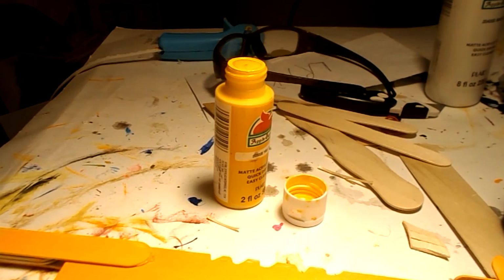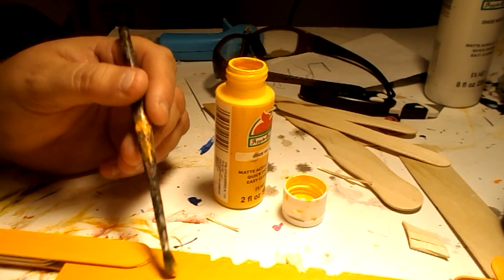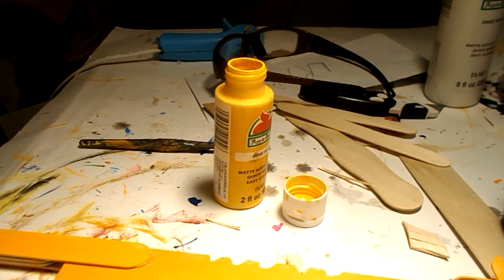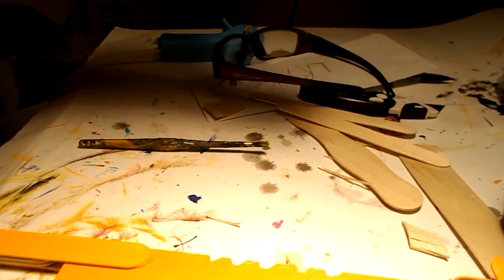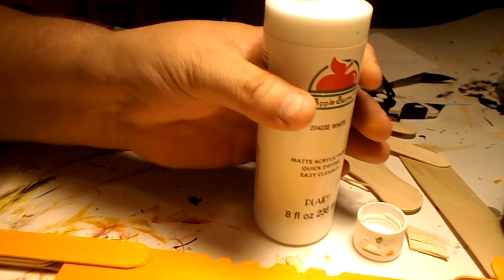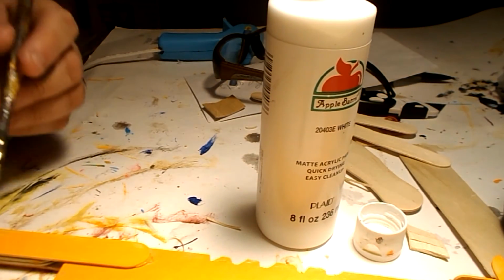So we're going to see if this maybe bleeds in too much. Yeah, that's going to blend in. So what we're going to have to do is go with a different color scheme. That yellow is going to get in the way. It's not going to work. Yellow is just way too close to the actual color of the orange. I was going to make it white, yellow, and orange,